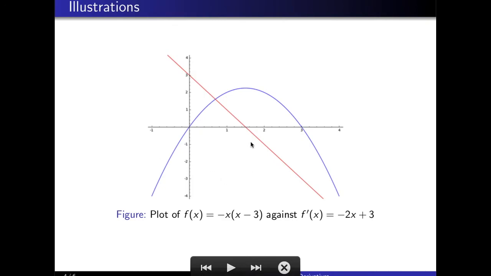Right, so one of the interesting points is that when the red line hits 0, the curve is flat. So the tangent line is flat at this point. And then everywhere, well,